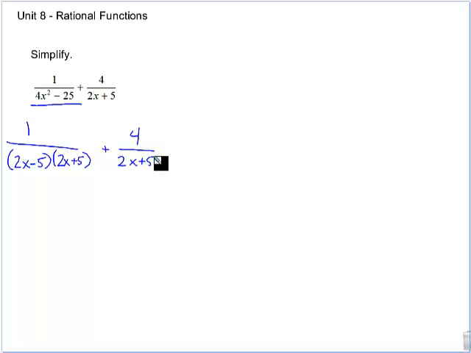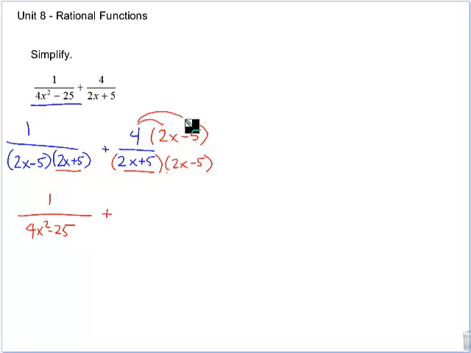So now if we take a look, our denominators are almost the same. They both have a 2x plus 5 in common. Our second denominator needs a 2x minus 5 so that they can be alike. If we multiply that by the denominator, we must multiply it by the numerator so we don't change the fraction. This leaves us with 1 over 4x squared minus 25 plus, distributing the 4 throughout, 8x minus 20 over 4x